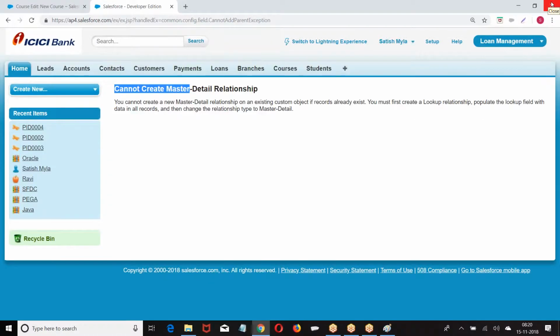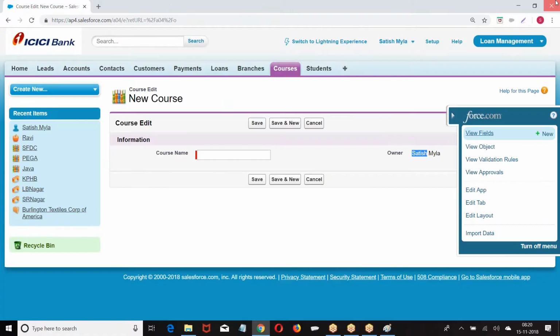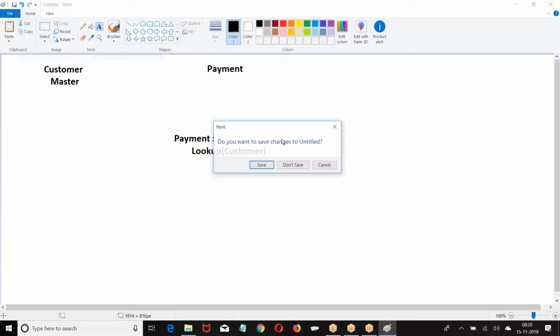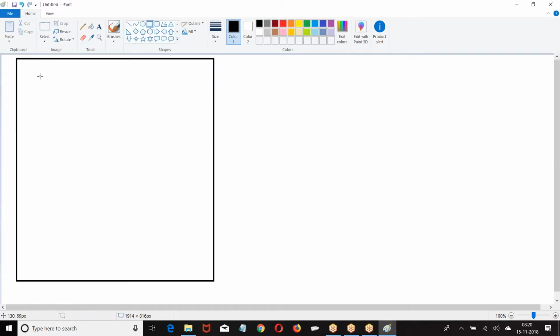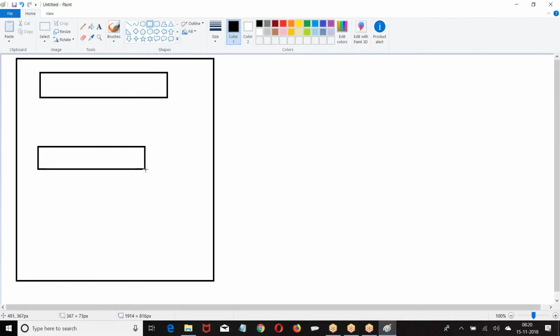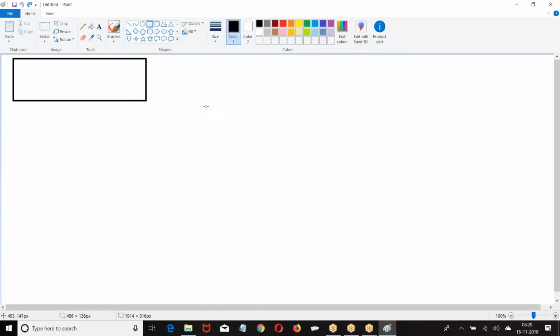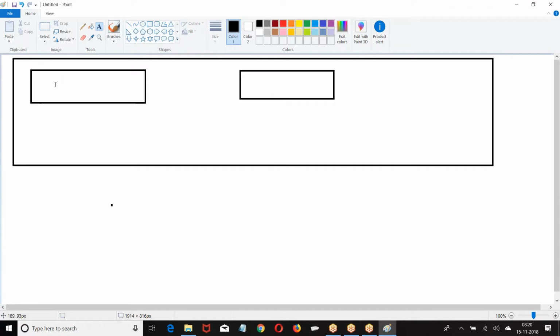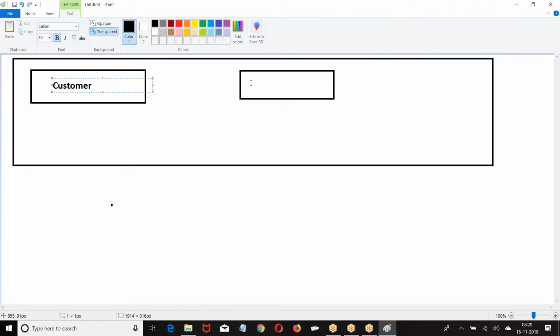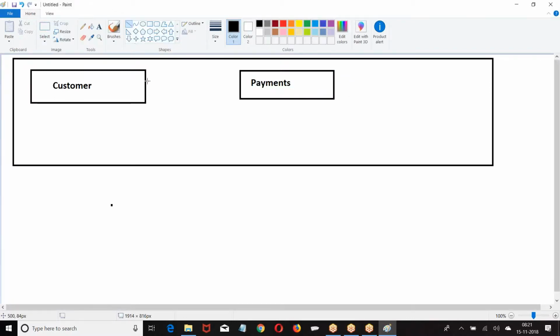One quick point before I wind this up. This is Salesforce. I have a customer object, and I created a master detail.